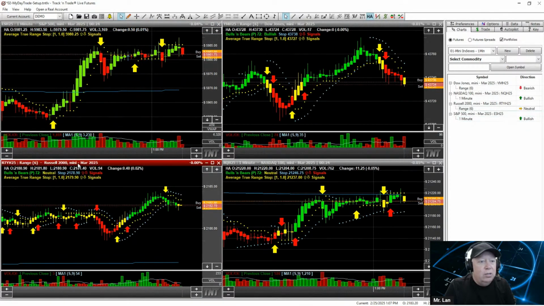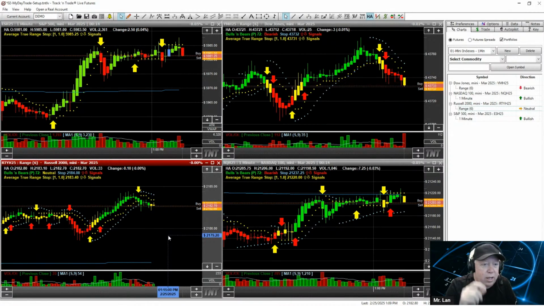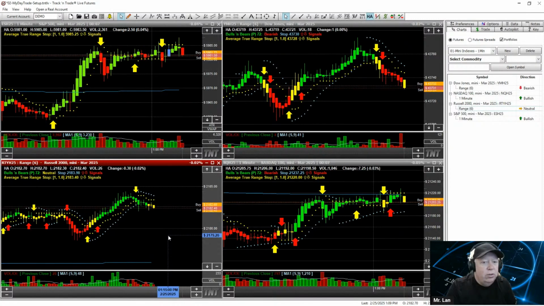But down here, this is the Russell 2000, and it's a range bar 6 chart. So it means that it has no time involved. And you'll notice down here on the bottom, there's no timer, because every time the market moves 6 minimum moves, or in this case, 6 pennies, it's going to give you a new bar. And so we can make that as long as we want or as short as we want,